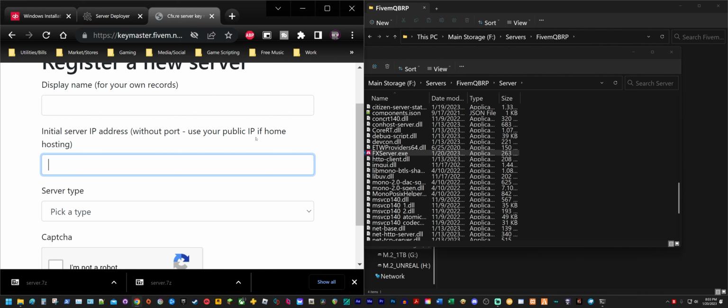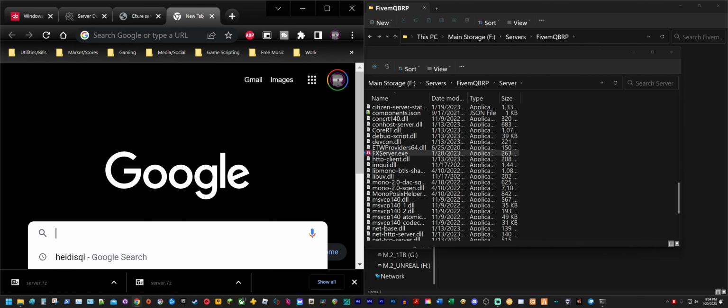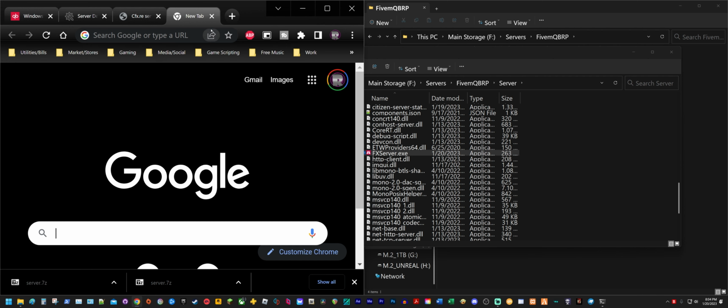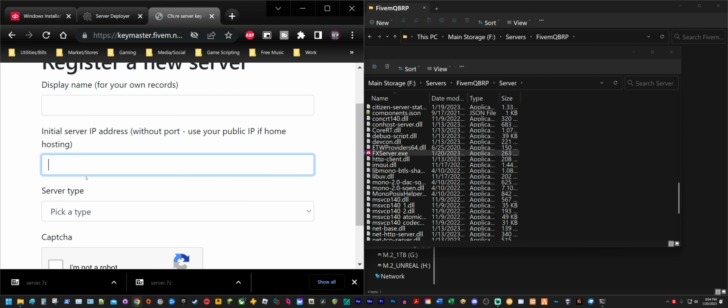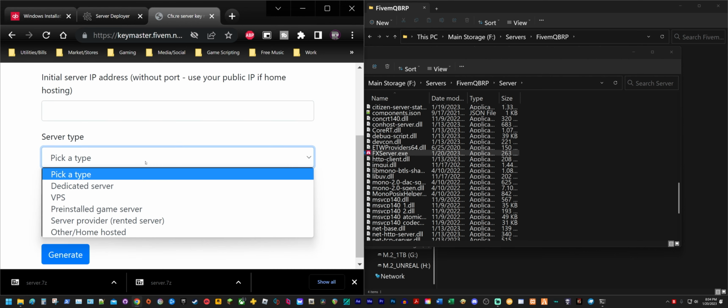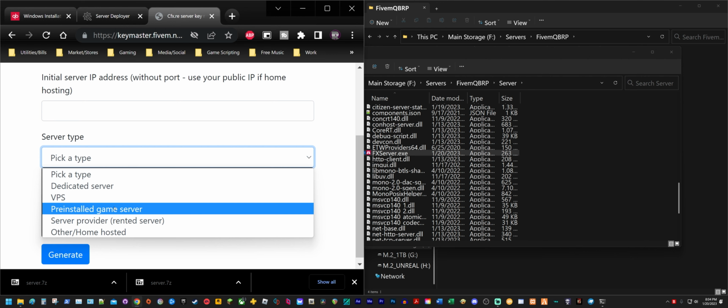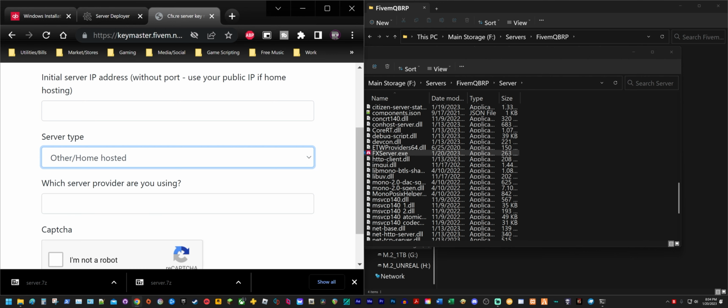Your IP, which is basically, it says use your public IP if home hosting. So all you gotta do to get your public IP is go to Google and then just type in what's my IP, and then click on like the first one or two search results, and it'll tell you what your actual public IP address is, and then you'll copy it and you'll paste it in here, and then you're just going to pick other home hosted,